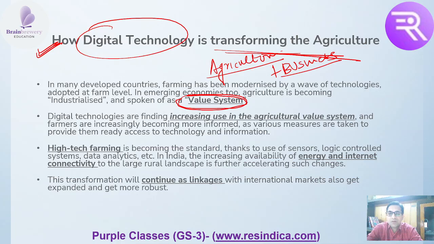High tech farming we are utilizing, internet connectivity we are using, linkages are getting created everywhere. So we are all getting connected throughout the world, and we will be utilizing all these systems for our own benefit, and we can be part of the whole international market where agriculture is treated as a commodity. We will be part of that commodity by properly utilizing all the digital technologies at our hand for optimizing our agriculture production and making better use of resources, and then only we will be able to compete in the whole international market.